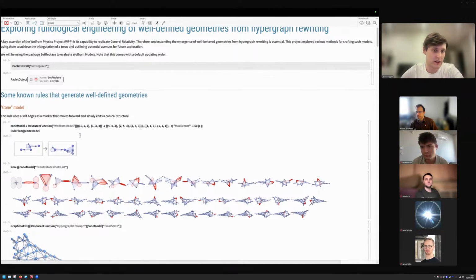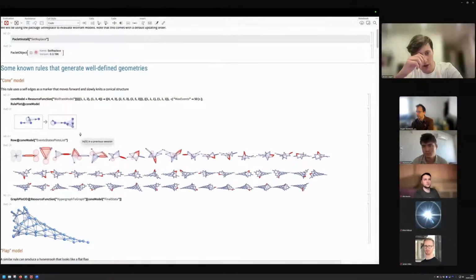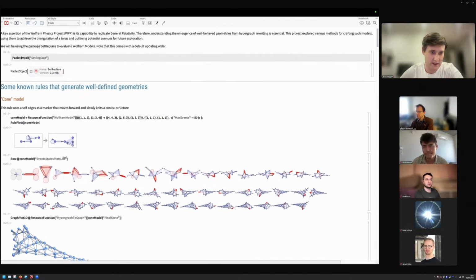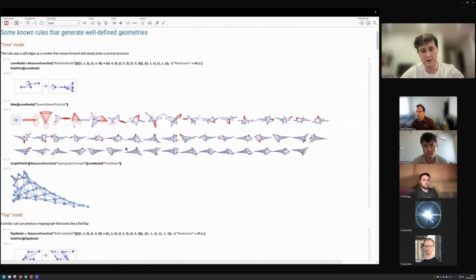So they use a specific updating order that might be different for a generic Wolfram model, but we'll be using this one for this notebook. And for this cone model, starting with these specific initial conditions with just a set of self edges, we